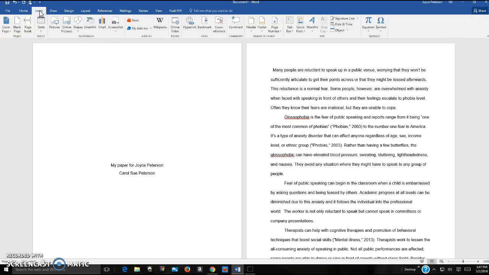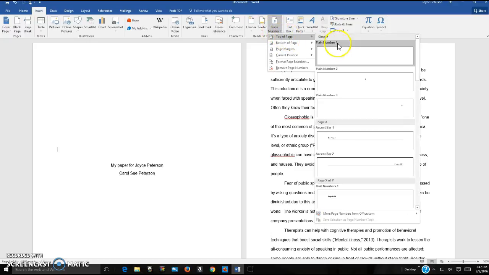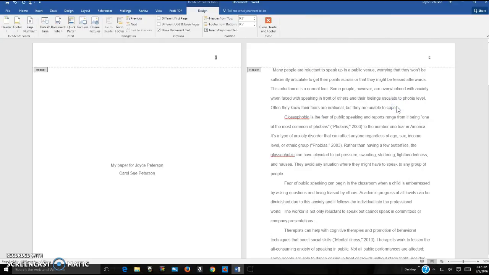Okay, something else that you need throughout all of your pages is the header with the page number. To do that, I hit Insert, Page Number at the top of the page, and then I want to click on the option that shows the number in the right-hand corner. I click that. Here's page 1 here on the cover page, and my cursor is right in front of the number 1. I'm going to press the space bar,